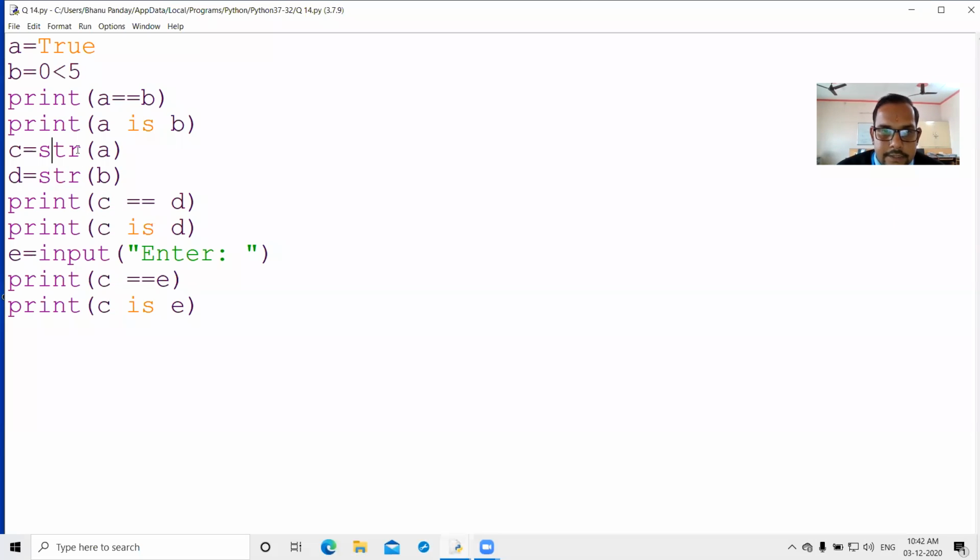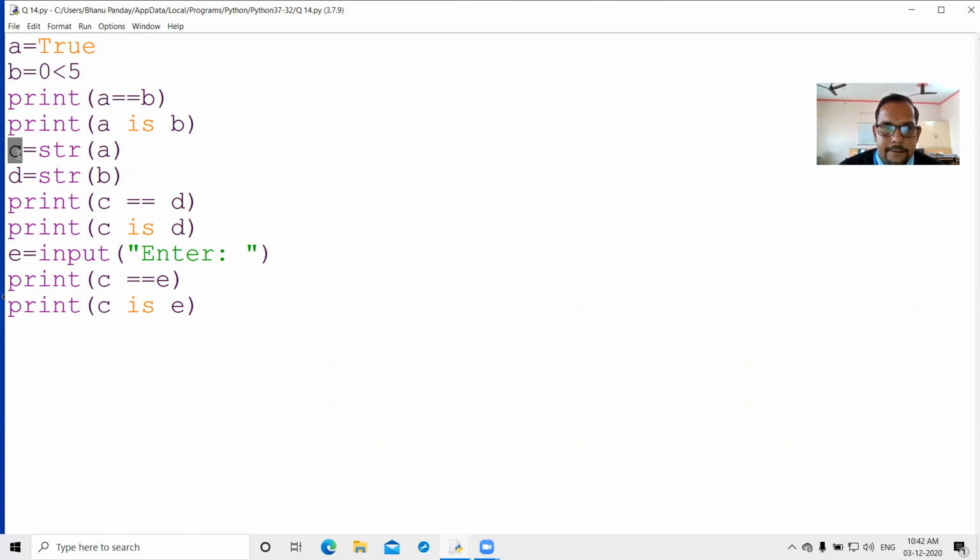Just like string A: when we convert this True value into string, it will be in the string form. Similarly, the value of B is also True in Boolean type. When we convert this value into str, it is also converted in the form of a string,